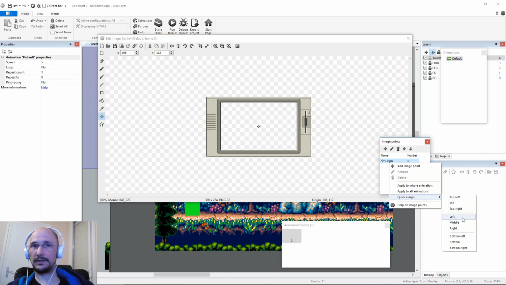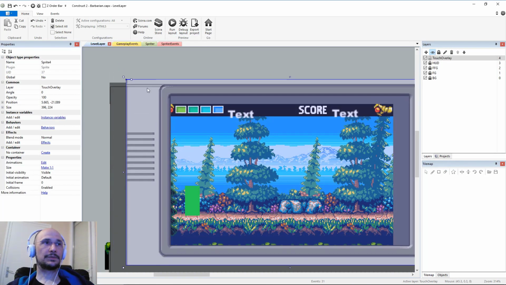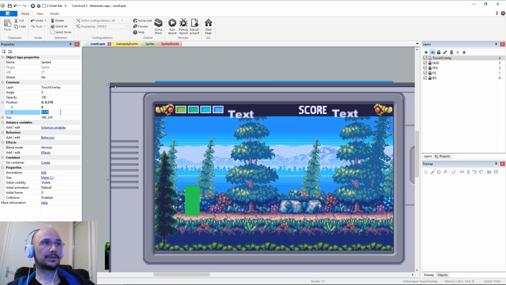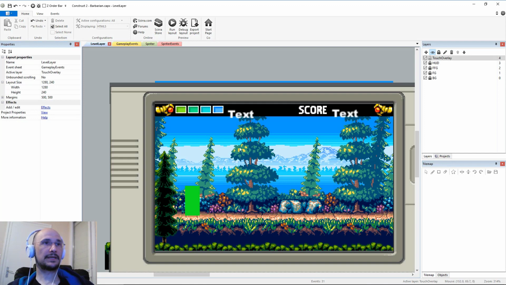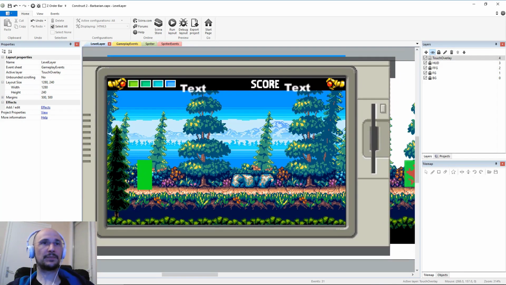So let's see, top left. So here is the base for the Amiga themed frame. As you can see, Corey did a fantastic job matching the overall aesthetic and color scheme of classic Amiga